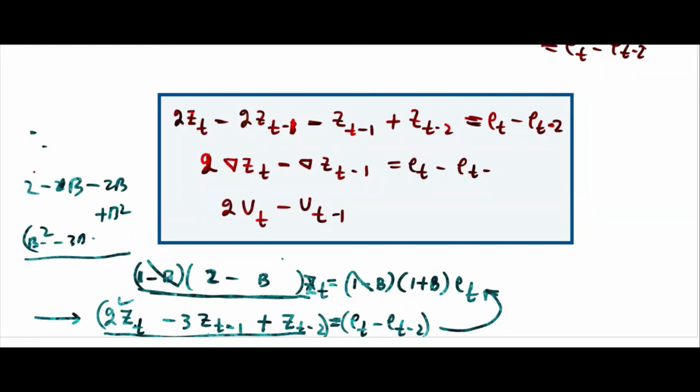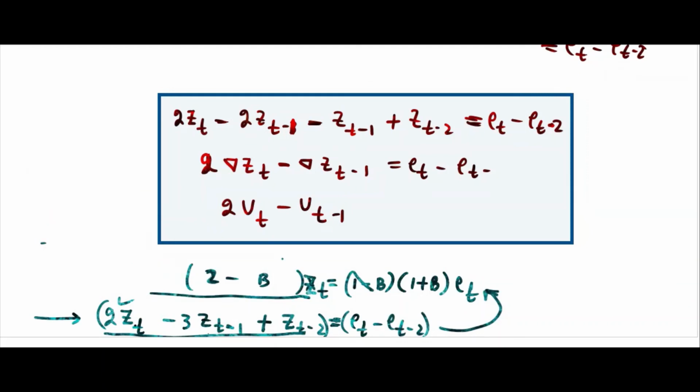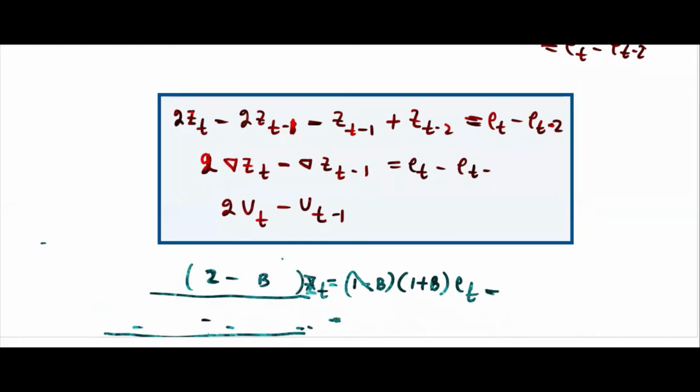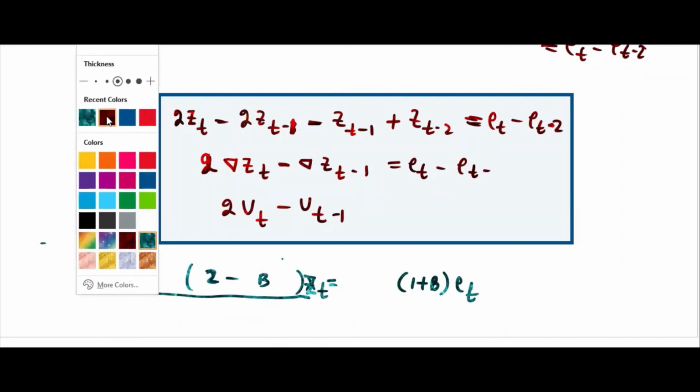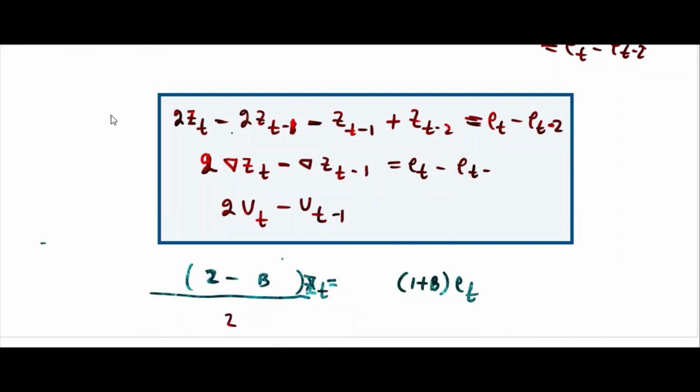So if there is any common factor, you need to cancel. So then what will happen? Our series will be this only. 1 minus b is no more here. Now here also, when you cancel 1 minus b, you will have this one. So finally your series is 2zt, minus bzt means zt minus 1, that will be et plus et minus 1. And remember, zt is delta square bt, so it's actually